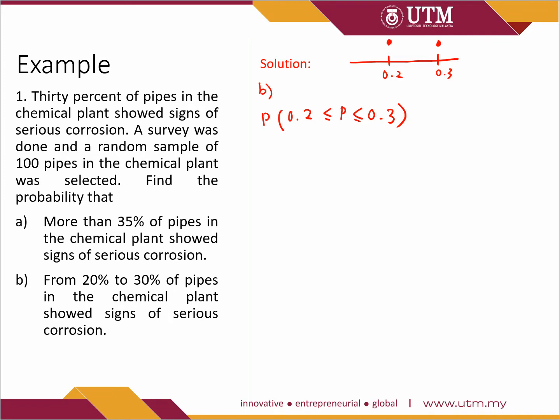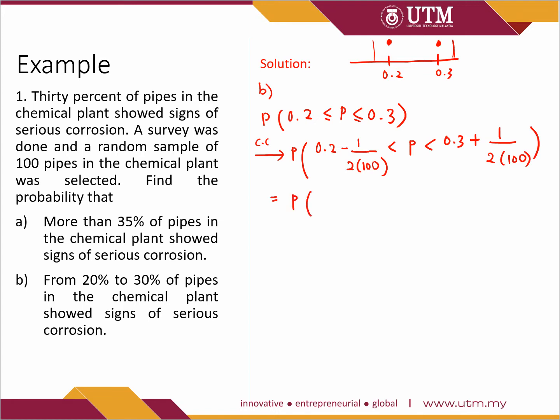So the interval will start from here and here. Using the continuity correction, this would be 0.2 minus 1 over 2n less than proportion less than 0.3 plus 1 over 2 times 100,